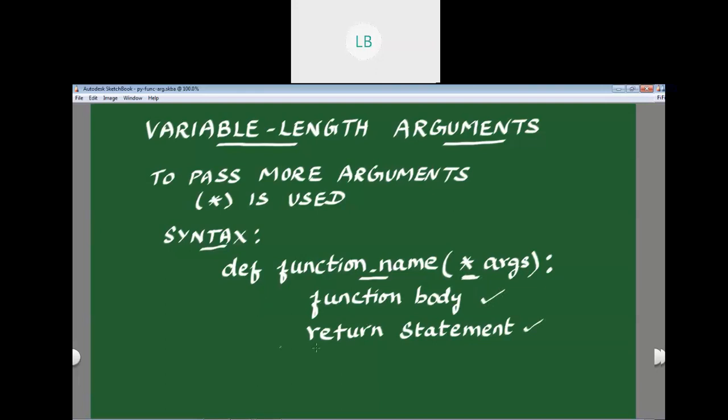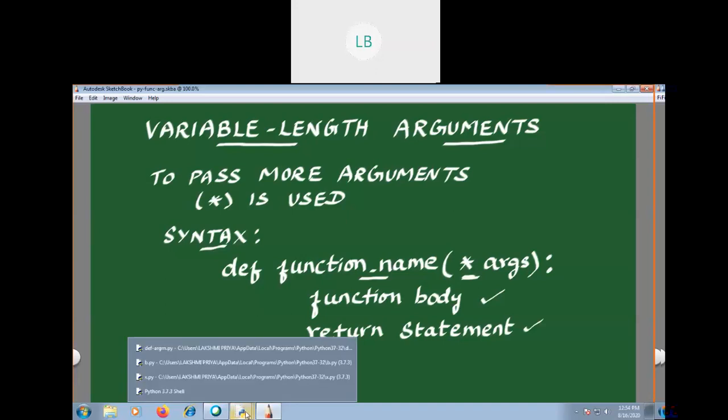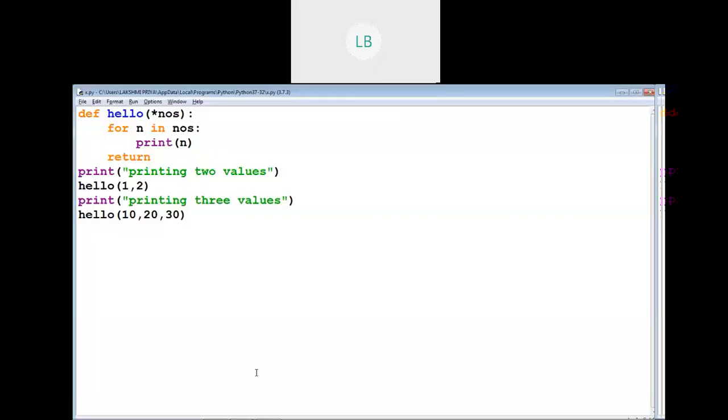Let us see an example for this. Here you can see the name of the function is hello and asterisk numbers. Numbers is actually the parameter. We have given asterisk, which means any number of arguments we can pass.